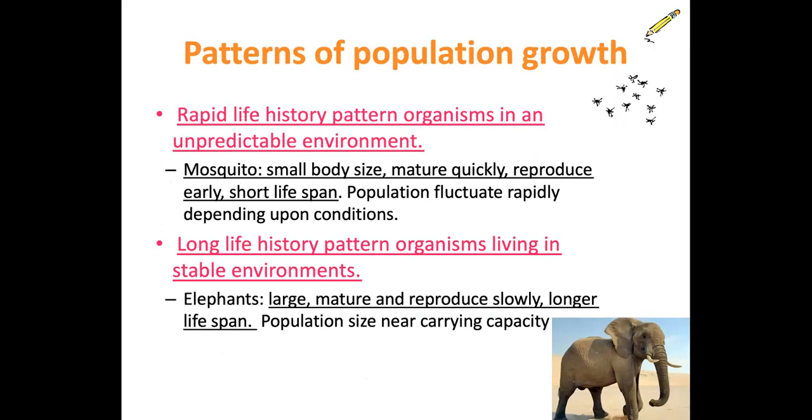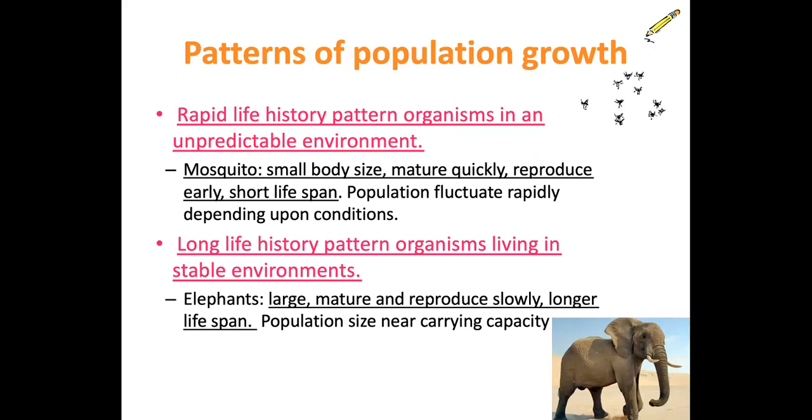So rapid life history pattern, organisms in an unpredictable environment. These are two different types of population growth here. So for example, mosquitoes, so we're talking about rapid life versus long life history. Mosquitoes have a small body size, they mature quickly, reproduce early, and they have a very short lifespan. So the population fluctuates rapidly